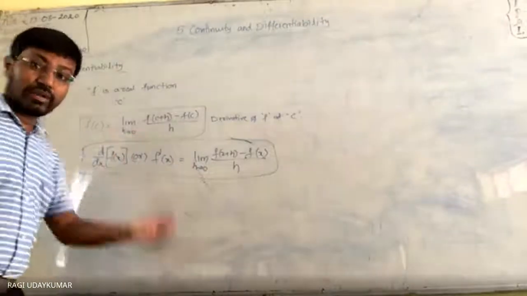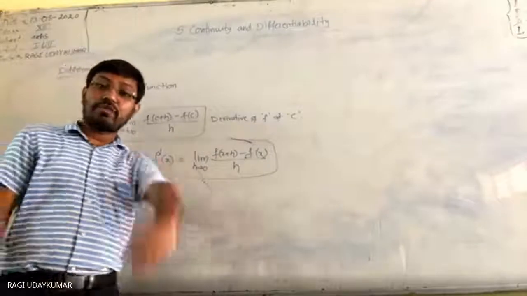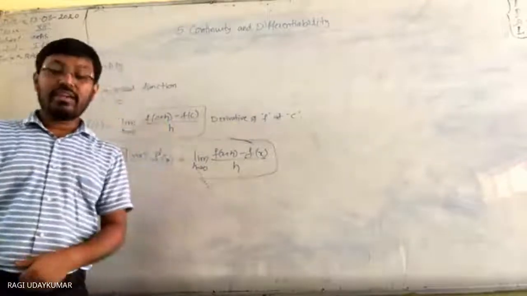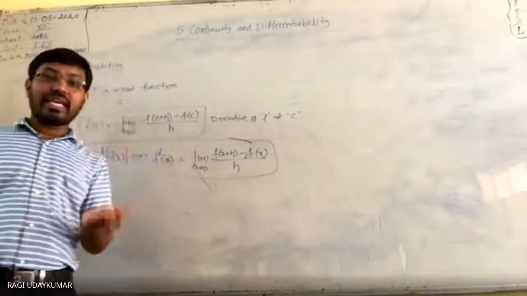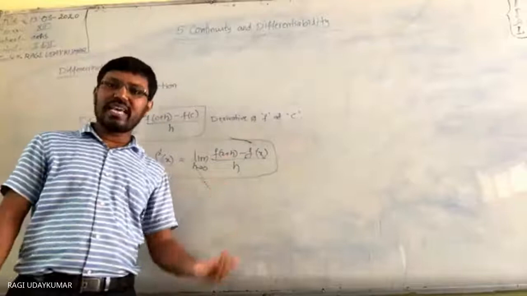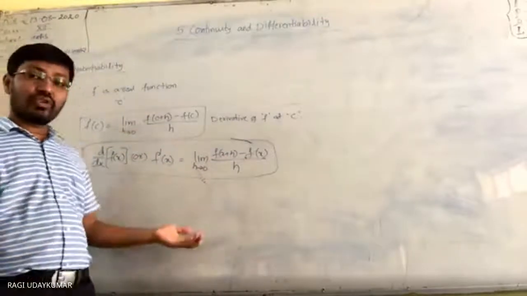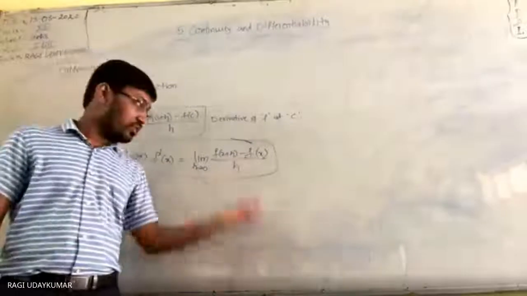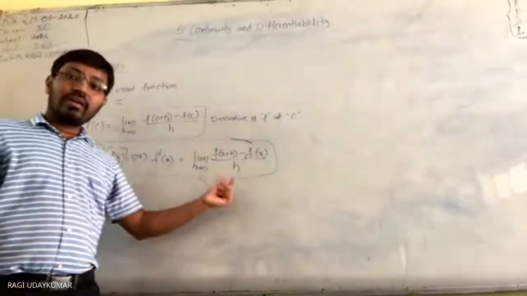Which we denote as the first principle at the class level. We call it the first principle. With the help of this only, we form the derivatives of different functions. Sin x derivative will be equal to cos x. How do we get this? With the help of this one. And this is called the derivative of it.